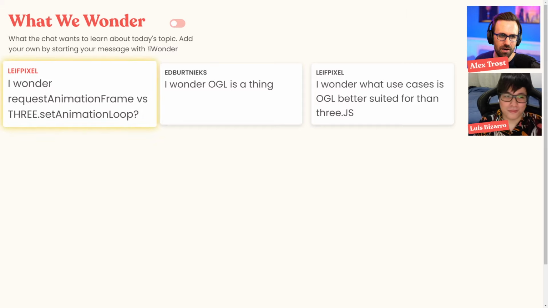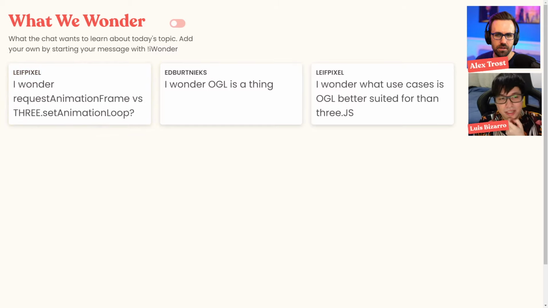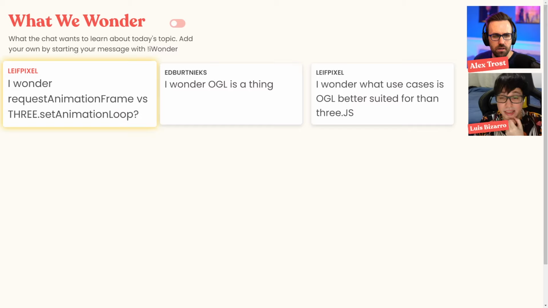And then requestAnimationFrame versus three dot setAnimationLoop. I never used the last one. I think maybe this is something that they have included in their API to handle the requestAnimationFrame. Probably the last one is more used or not.